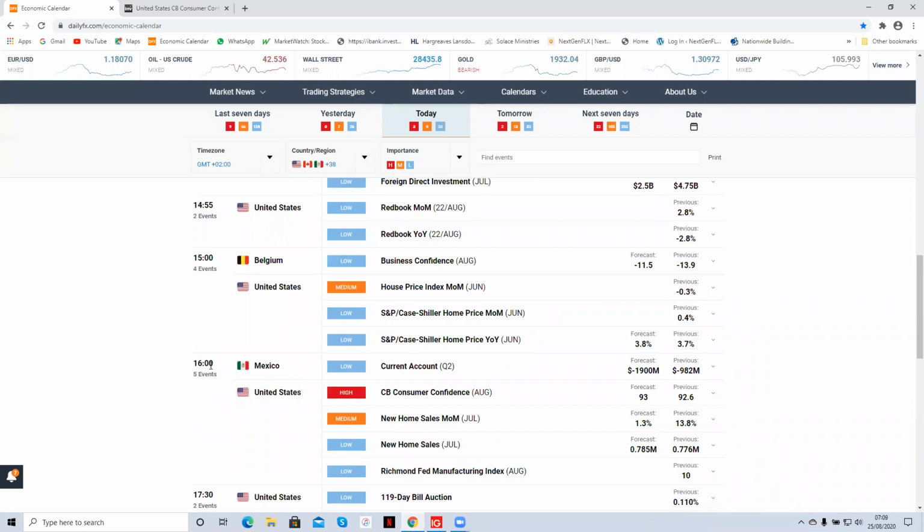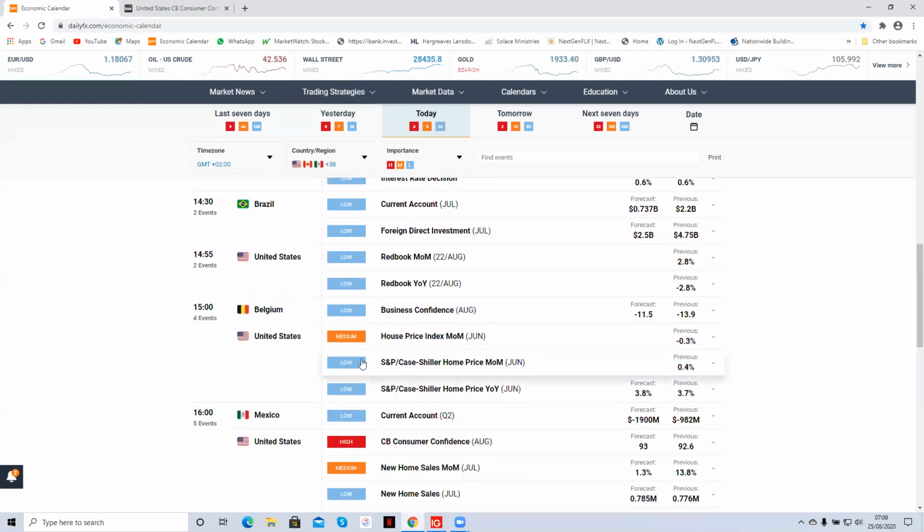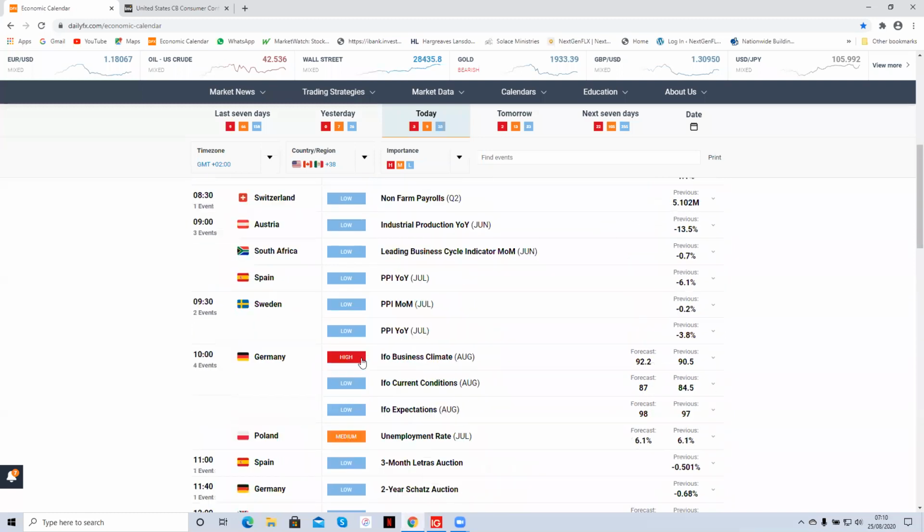At 4 p.m. GMT plus 2, again, these are all GMT plus 2 times because I'm in Rwanda, today's last report of high importance is due out of the United States, which is the Conference Board Consumer Confidence Report. Ideally, you shouldn't trade before this last report of high importance. But given today's circumstances, things are different. And again, this is why it's important to understand what these reports are all about.